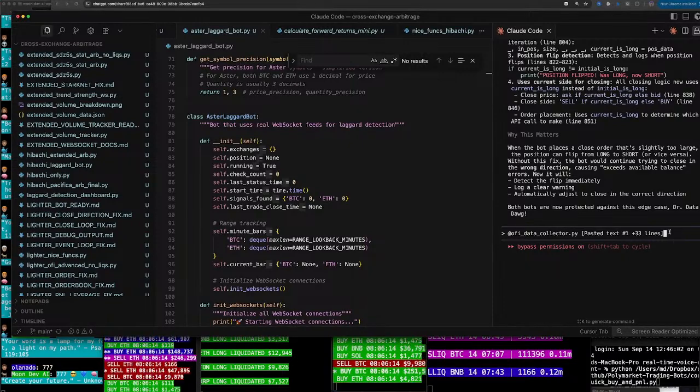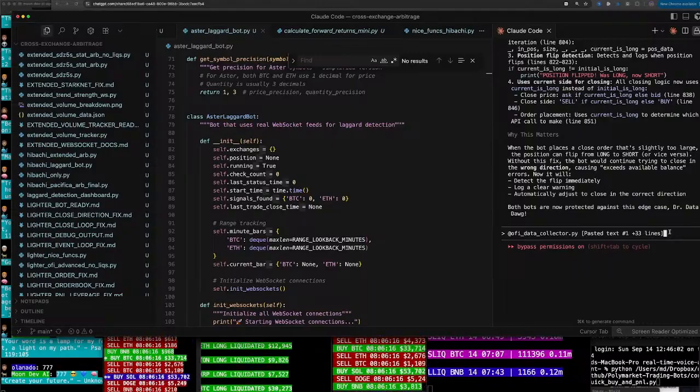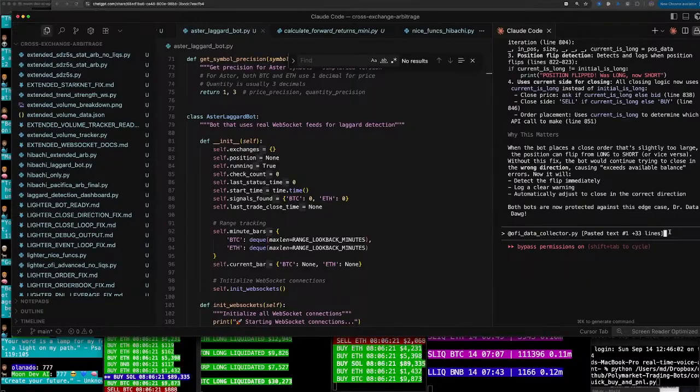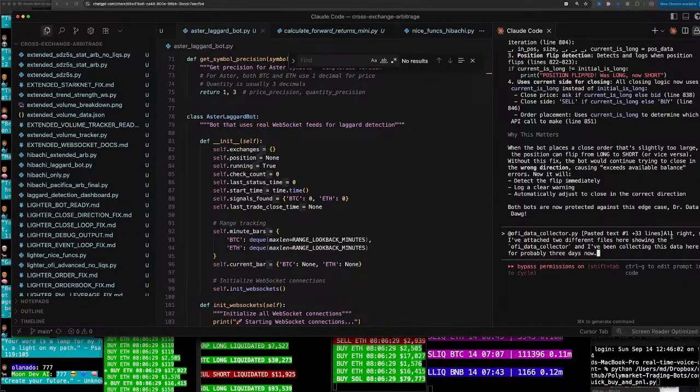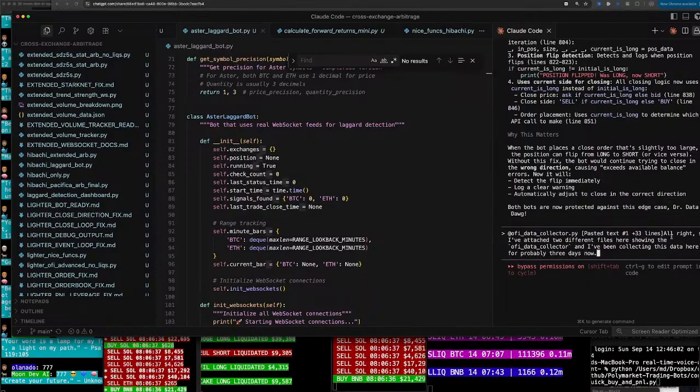All right, so I've attached two different files here showing the OFI data collector, and I've been collecting this data for probably 3 days now. I also put in two different machine learning ideas here. Please go ahead and look at the OFI data collector. There should be a README in the GitHub. What I want you to do is analyze that, realize what we're doing with this data collected, and realize that we are trying to run them through the